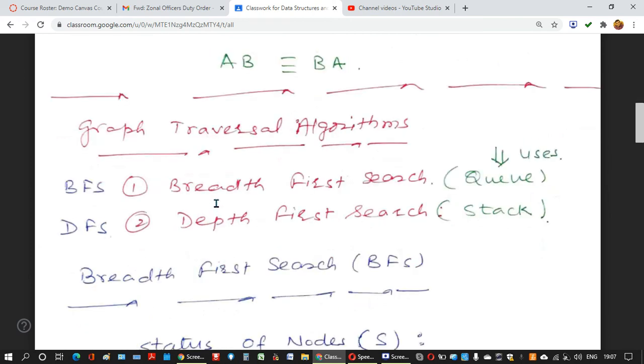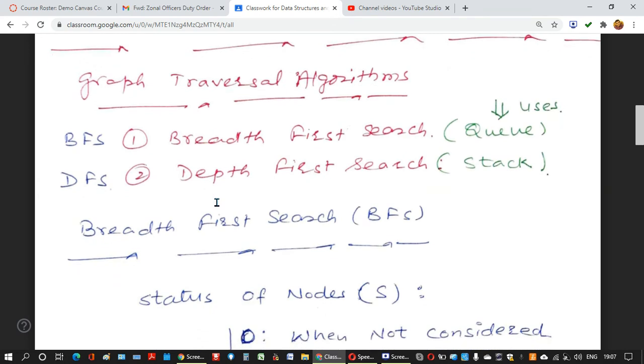Then we will discuss how to traverse the graph. So traversal means visiting every node in some order. That traversal we have done with linked list, stack, queue, and trees also. In trees, there were three types of traversing algorithms: in-order, pre-order, and post-order traversal. And I also ask you not to merge those in-order, pre-order, post-order traversal algorithms with infix, prefix, and postfix notations, which we have studied as an application of stack.